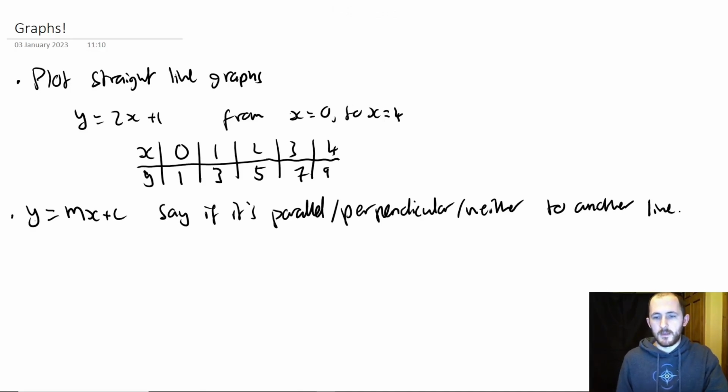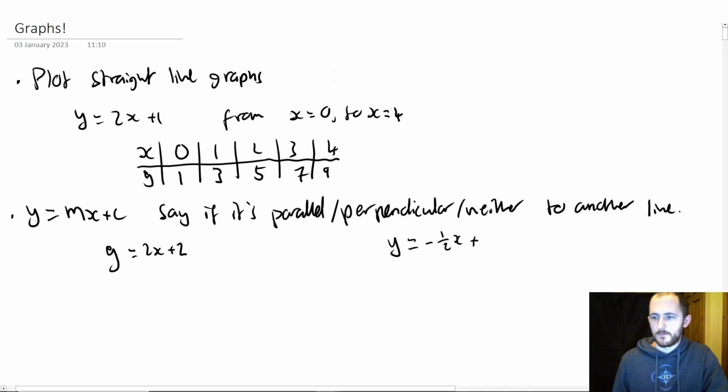So for example, you may get given, let's say this is your expression. I was about to write the exact same thing again. They might say, okay, what about this equation here? Is it perpendicular, is it parallel, or is it neither, and why? So you would say that in this case it is perpendicular